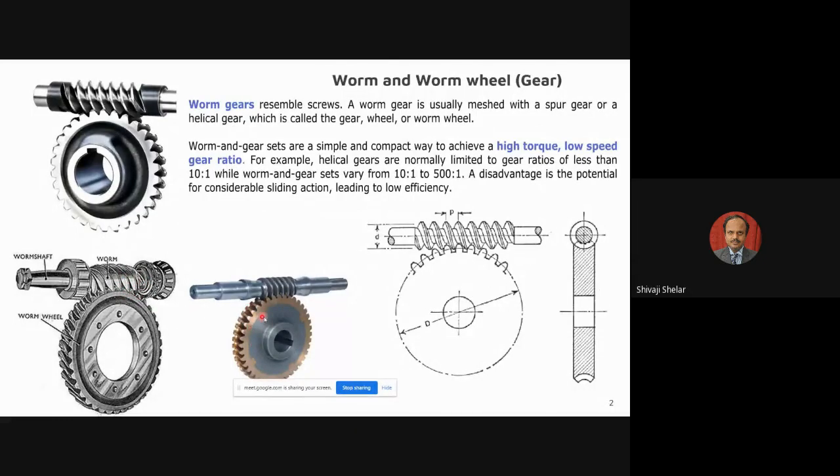Then you are seeing here a different material. This material is different. You are seeing that the material for the gear is different here, and the material here is different as well. So why use such types of material? We are going to learn that here. This has a specific application. We use these gears for high torque transmitting capacity.